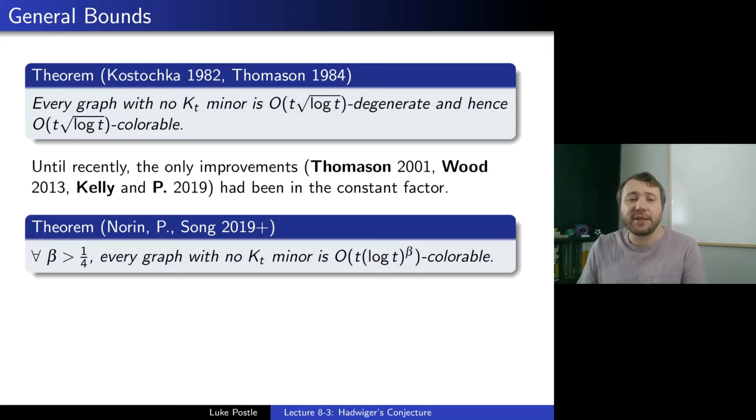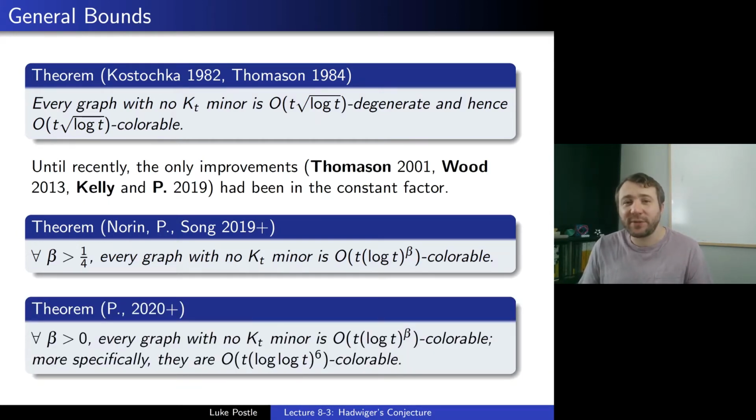So they actually show that every graph with no K_t minor is O(t (log t)^beta) colorable. They did it for beta about 0.34 or so, and I came in and worked on the project, and we improved this to any t (log t)^beta for any beta greater than a quarter. So that's kind of where we were at, making the first improvement on the general bound,